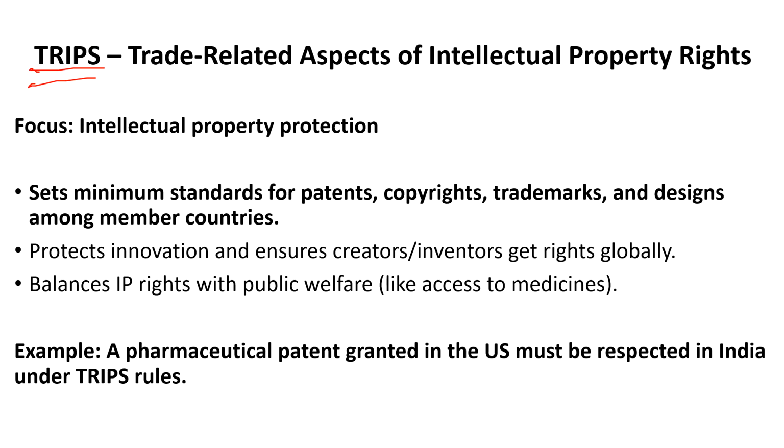Right, the next is TRIPS, Trade Related Aspects of Intellectual Property Rights. Intellectual property means if any country has a particular product, the name of a product, the design of a product, and that design, name, or product has some patent or copyright or trademark, right? Those should not be violated. Those should not be used by another country claiming that it is their product. That will be a violation of the TRIPS rules. Understanding? So TRIPS is the agreement which protects those patents, copyrights, trademarks and designs of the member countries.